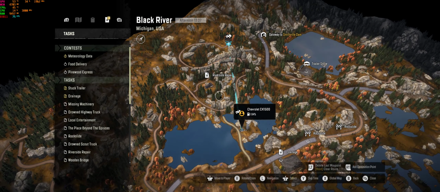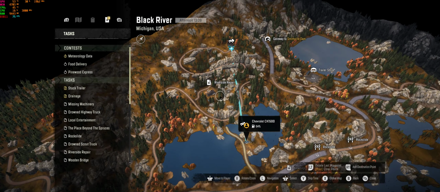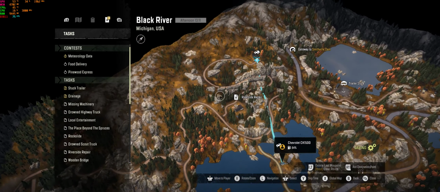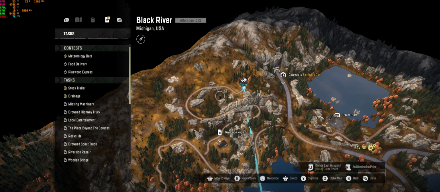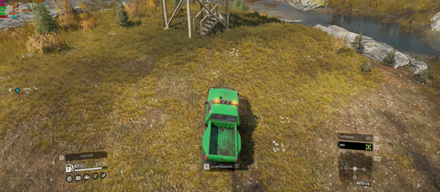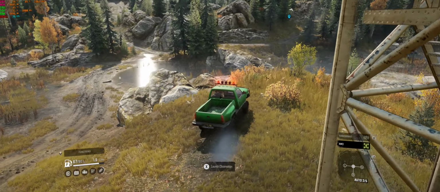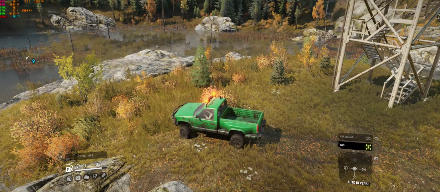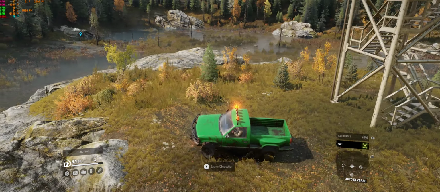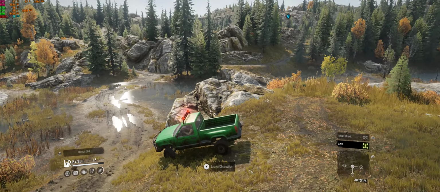Okay, so I'm gonna have to drive back the way I came. And then past that house up there and then make a right up there and go through the Asus. Okay, let's see. Back down, yeah, reverse. Okay, so